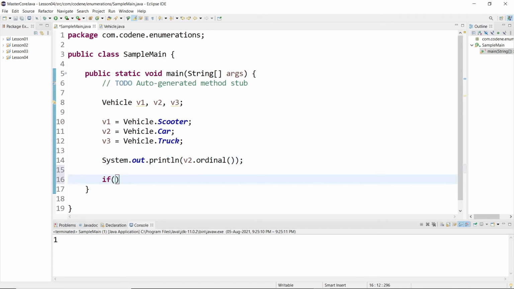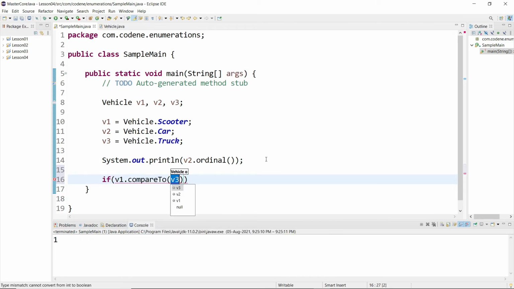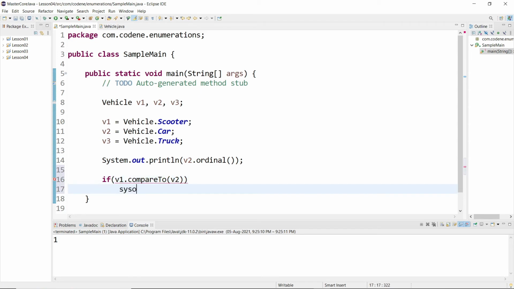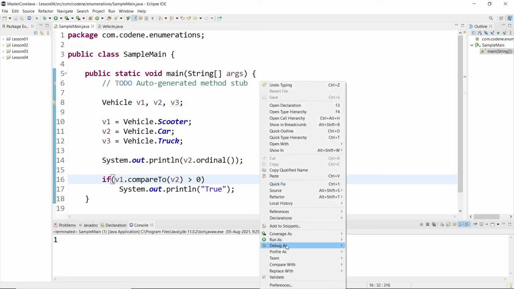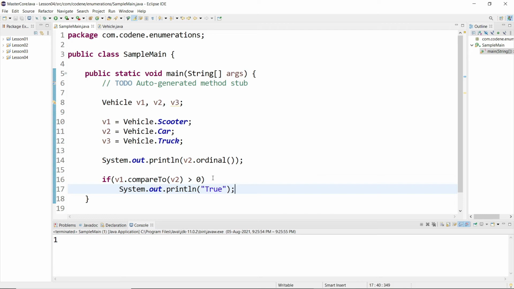And then let's see an example of compareTo. V1 dot compareTo V2, then we'll print true. What will this be? Greater than 0. Let's run it. Okay, we are not getting this value.